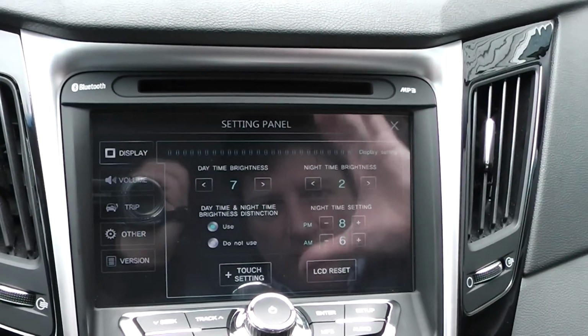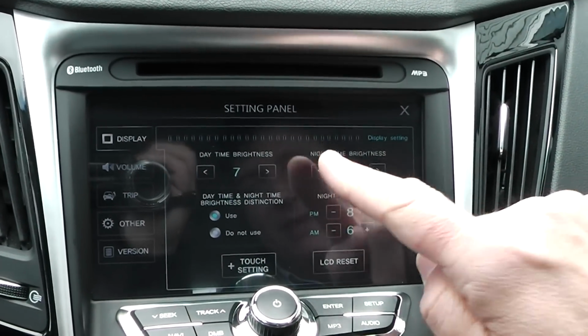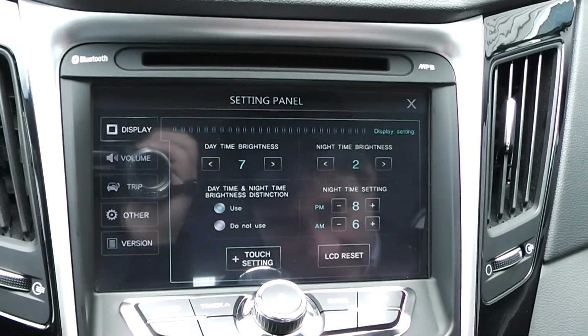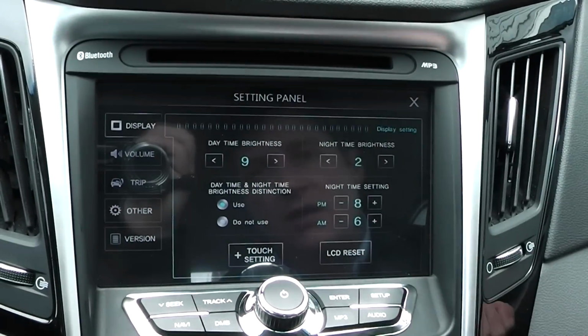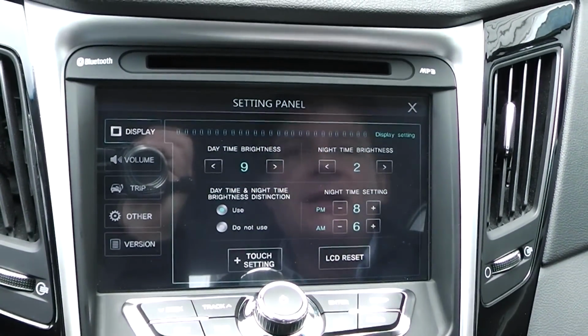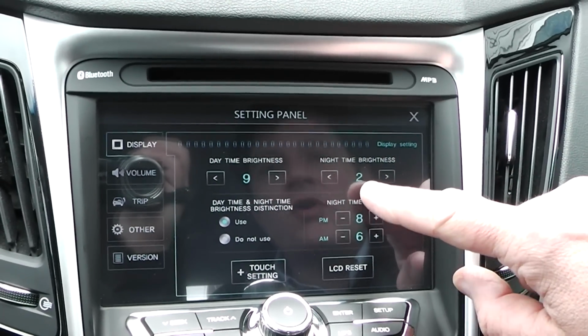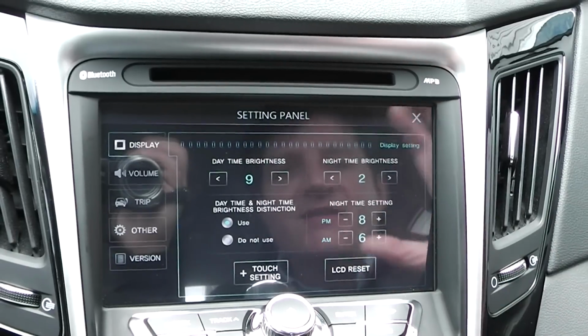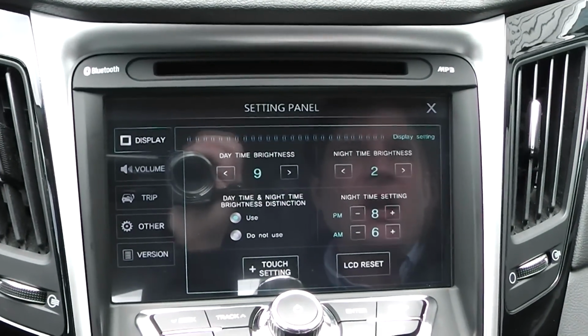Okay, under the daylight, I would suggest you crank it up almost to the max or close to the max. So Cypher decided to put it at 7. Maybe we can increase it to avoid the glare as much as possible. For the night brightness, 2 is more than enough. Maybe 3 maximum, to avoid